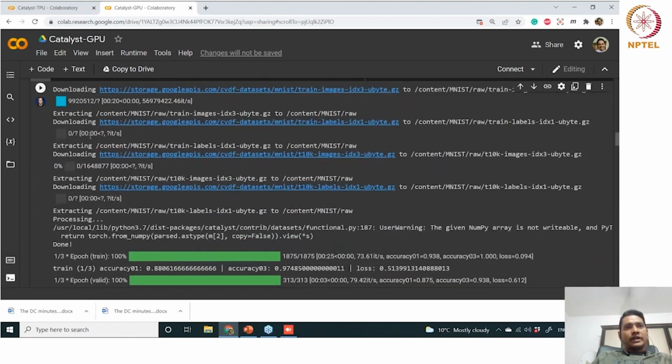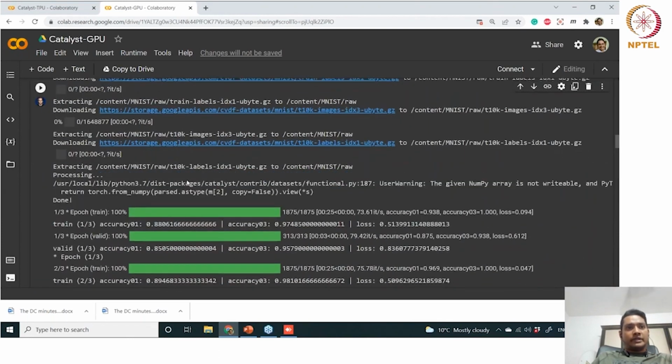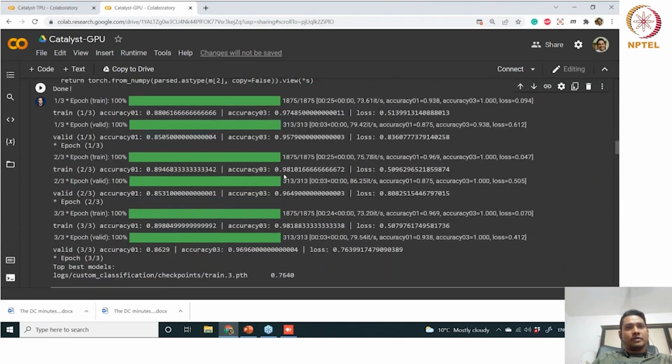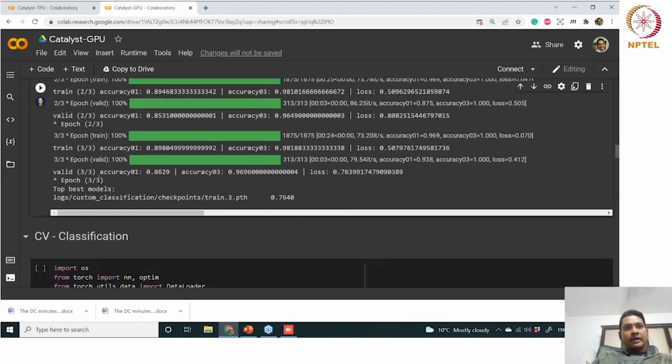So you can see once we hit run, you are downloading the dataset here for the number of epochs. So 3 epochs we have defined. You can see all these metrics are computed automatically, and it is being logged inside your logs at this path. Okay. And best models are being saved here. So best model is 3 out of 3. So basically the third model is the best model, and the loss is less. And so this is just the 3 epochs that were shown.